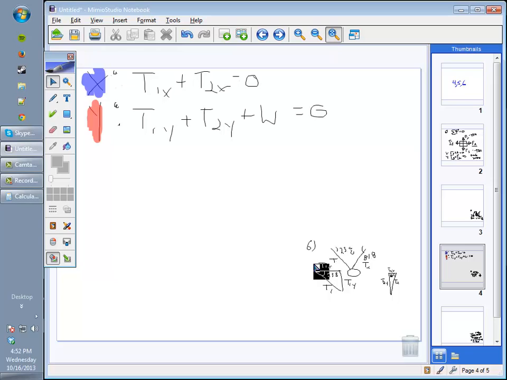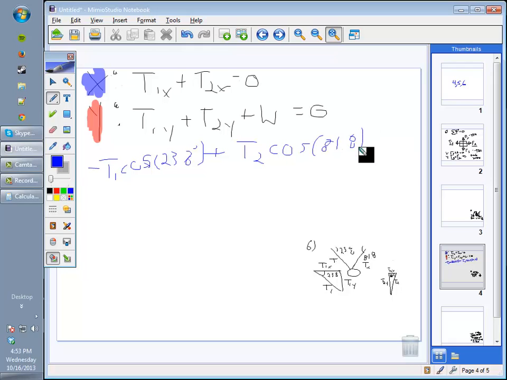So I'm going to replace T1x with T1 cosine 23.8 degrees. And that's to the left, so I make it negative. Plus my T2x is my adjacent as well. So plus T2 cosine 81.8 degrees equals